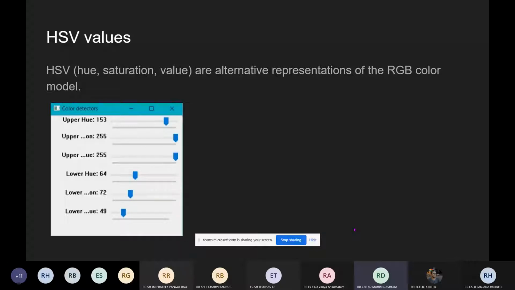Why do we need to tune our HSV values? Because we want only to detect our blue color cap. We hope that our program or our camera doesn't detect other colors or other objects while drawing. I only want it to detect my blue color. So that's why we are tuning HSV values to, let's say, blue color. In my case, it's blue color. In your case, it will probably be another color. Okay, so next slide, please.